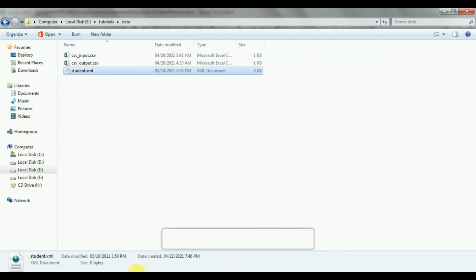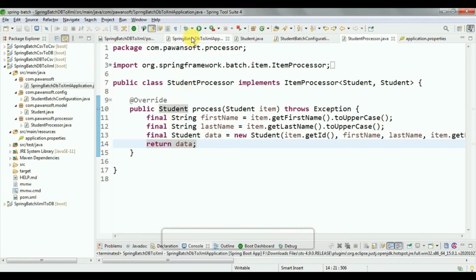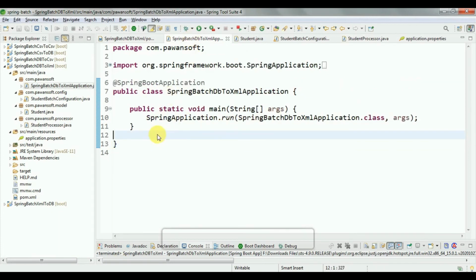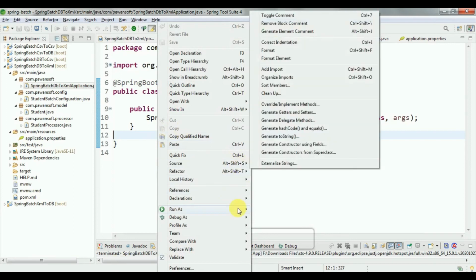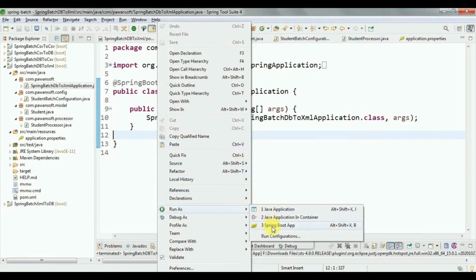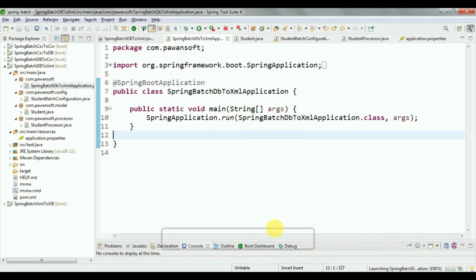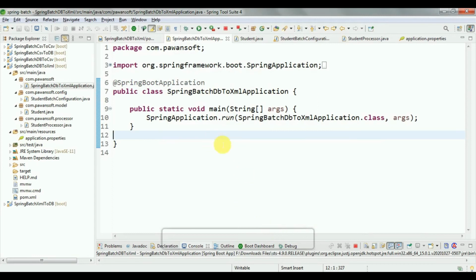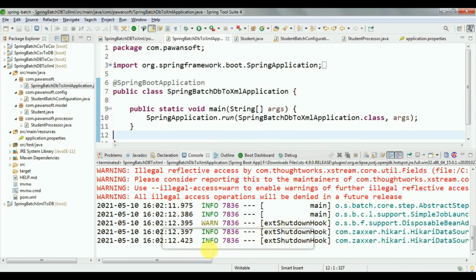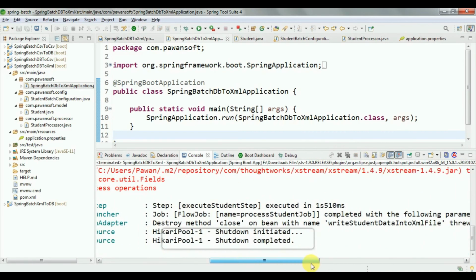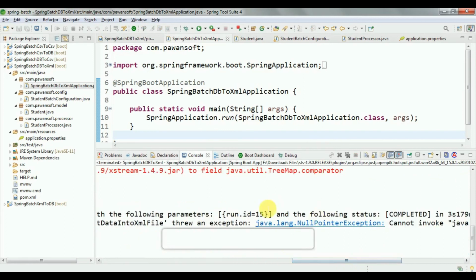So let's run the Spring Batch project. Let's see, it stated completed.